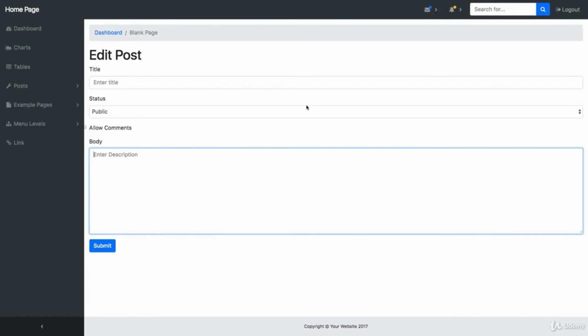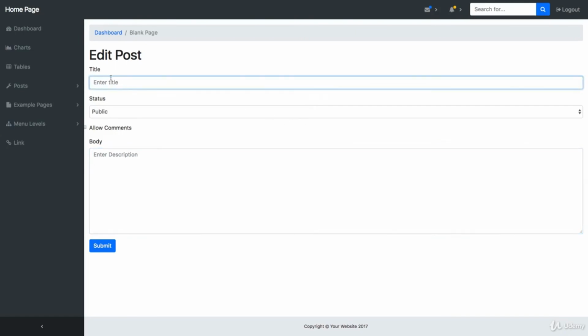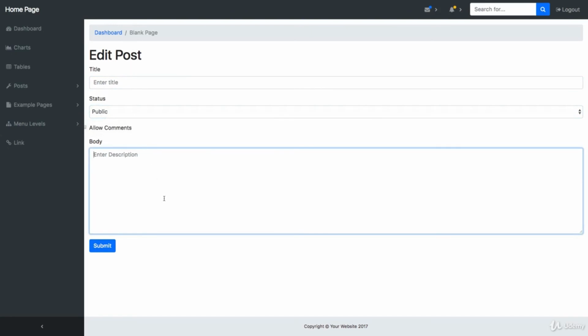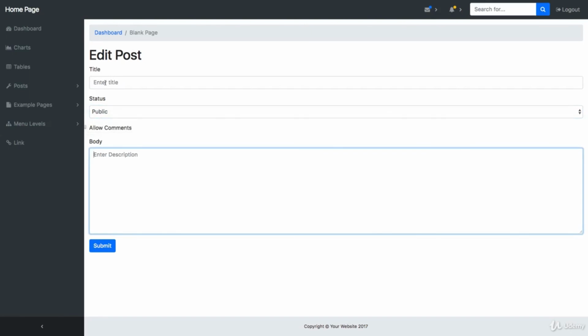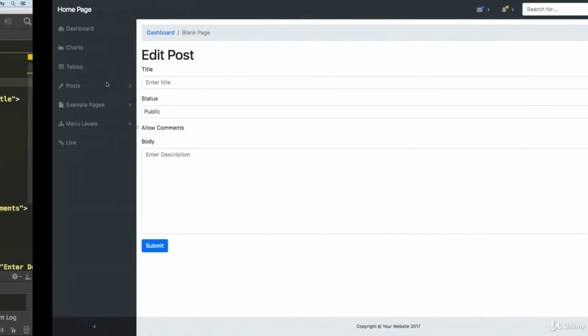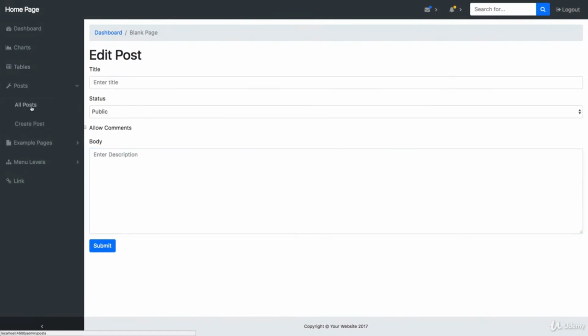Now what we need to do is bring our data inside these fields here. Okay, we want the body here, we want the title, and of course we want the status, and we need to do a really cool functionality with helpers to bring the status here with handlebars. Okay, pulling that information from the database and pushing it to our template engine. So let's go and work on the values here.